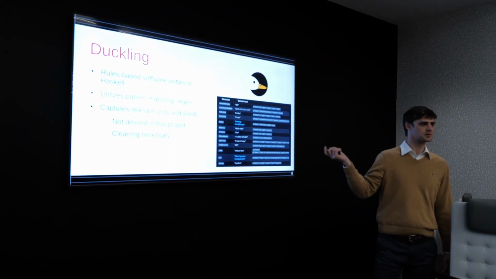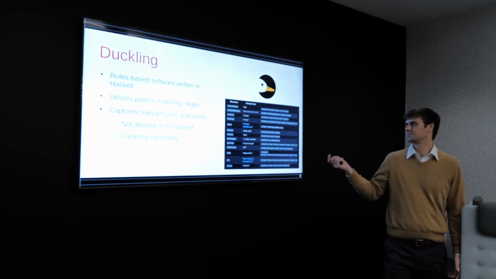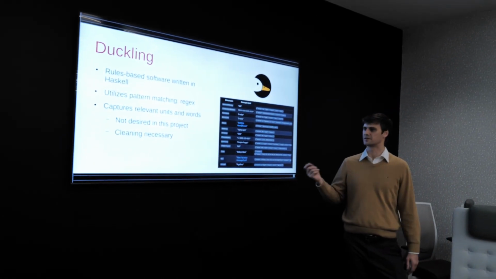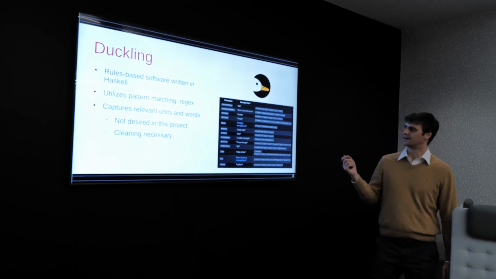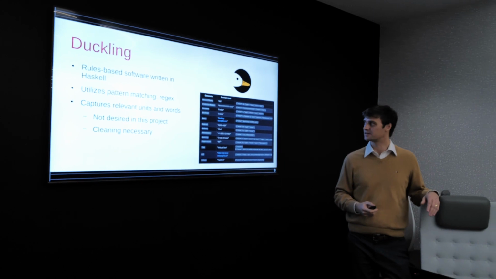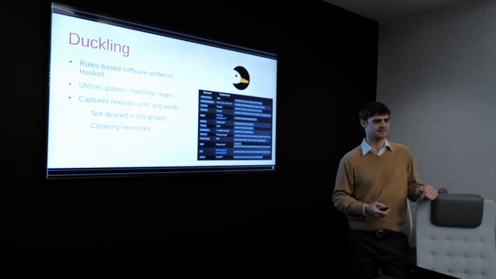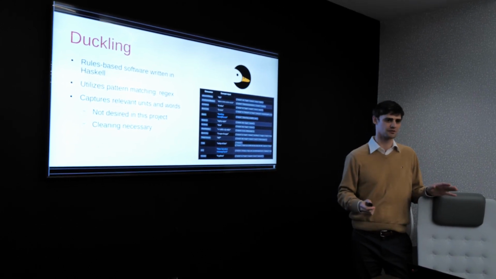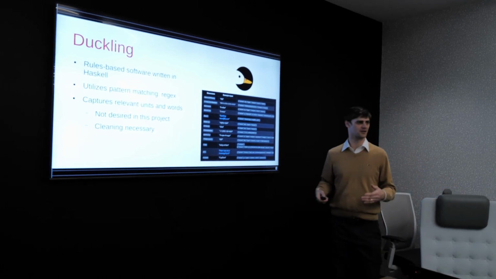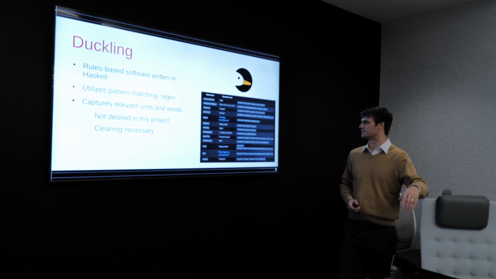I don't know if anybody's familiar with Duckling. It's a rules-based program created by Facebook, I believe, written largely in Haskell, and it basically uses regex. It's not very dynamic, but it doesn't really need to be. Somebody spent a lot of time developing an insane number of rules on how to extract various dates and credit card numbers and functions.